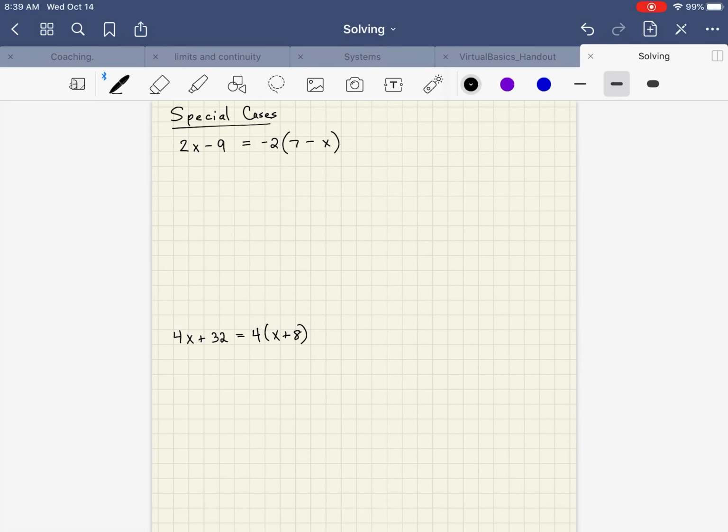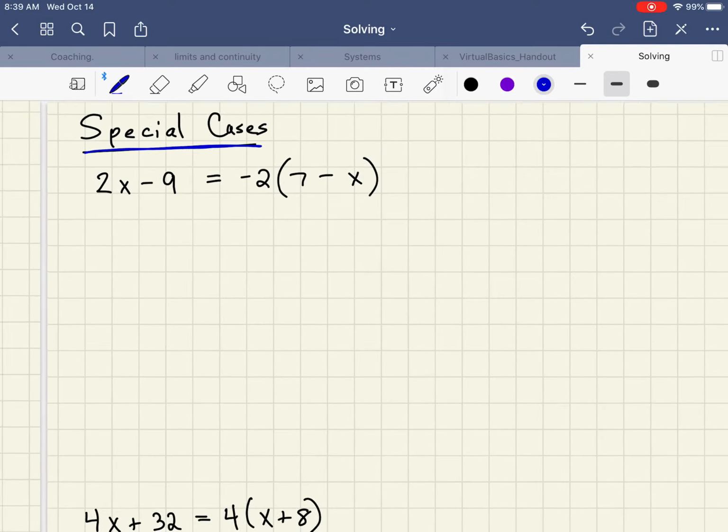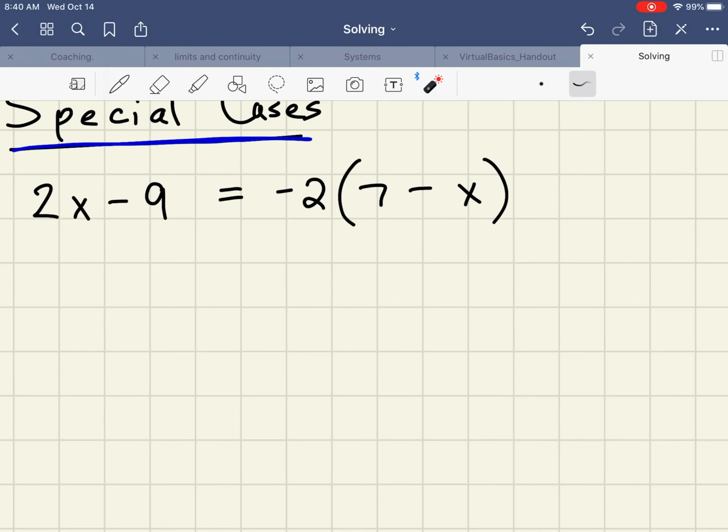This is a video on solving equations and special cases. So in order to understand this, you probably should have seen the videos on multi-step equations and solving equations with variables on both sides. So if I was looking at this particular equation up here, I would say